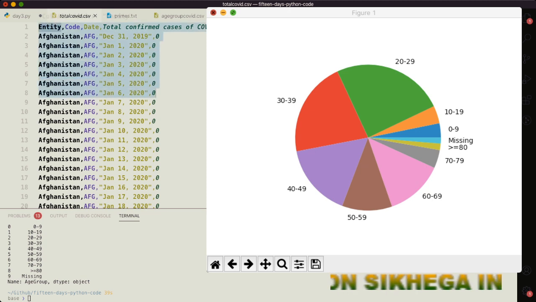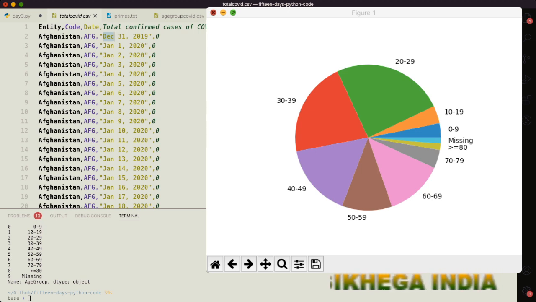The data has 1, 2, 3, 4, 5, and 6, sorry, 5 columns. The first column is entity, meaning country, like here it is Afghanistan. Second is a short code for the country, AFG for Afghanistan. Third is date; they start recording data from December 31.